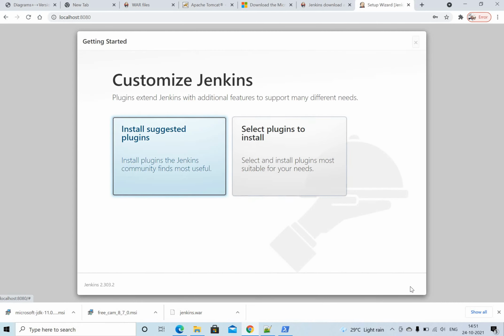Next, it is suggesting to install suggested plugins, or you can select plugins to install. I will just prefer to install